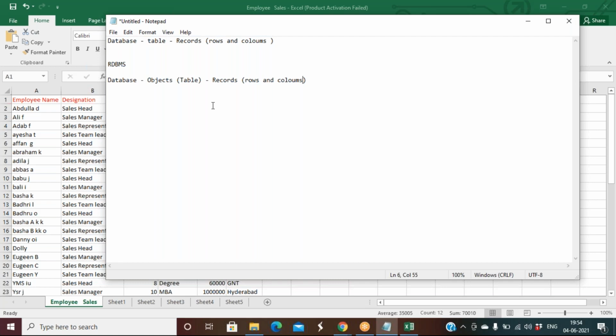For example, take a fruit. I'll call it one name, you call it another, but ultimately that is a fruit only. Same way here, whatever word Salesforce wants to use, let them use, but ultimately a table is a table everywhere. So in Salesforce language, a table is called an object.